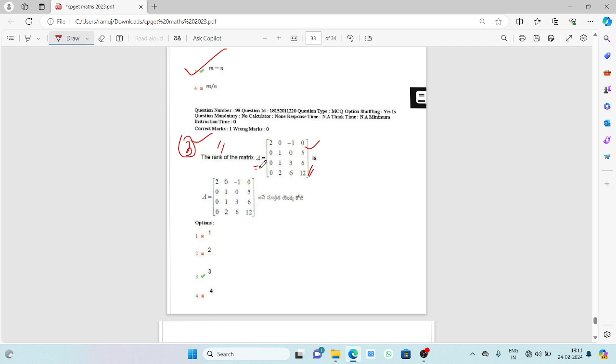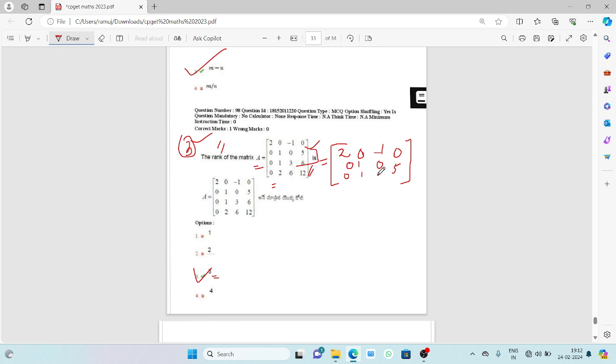So he provided a matrix A equal to 2 0 minus 1, and you need to find the rank of this matrix. That is very simple. If you do the row operations, he says the third option is correct, that is rank 3. We need to find the pivot elements, so you need to know how to find them. I am writing the first row as 2 0 minus 1 0. The second row stays the same, 0 1 0 5. The third row is the same,